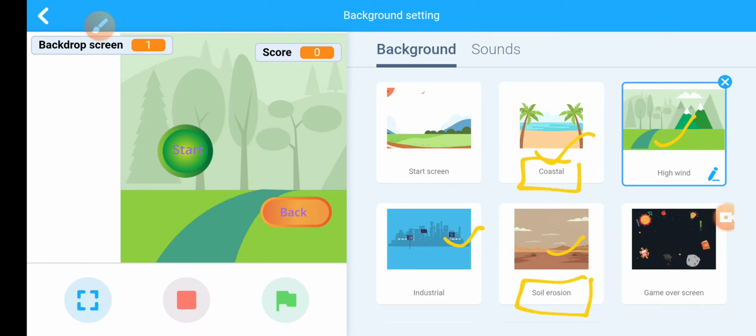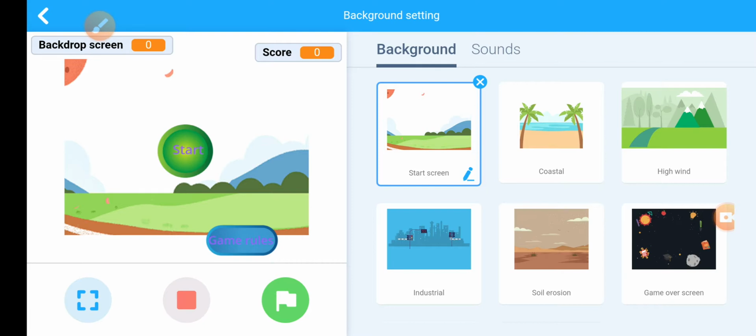I have mentioned the name here. And last is the game over screen. I will run that game by clicking on the flag button.